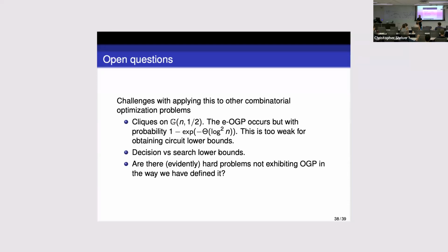Possibly, but the algorithm, which is Gaussian elimination, is not stable. It's not going to be stable. But GF2, to demystify a little bit what's going on there with the clustering, the reason that GF2 exhibits a version of OGP is because these are codes. And codes are sort of an extreme form of clustering. The solutions are isolated points with no points nearby. That's why they are codes. And so they exhibit this strong form of clustering. Nevertheless, if it's a linear code, you can solve it by Gaussian elimination. So that's the elephant in the room.